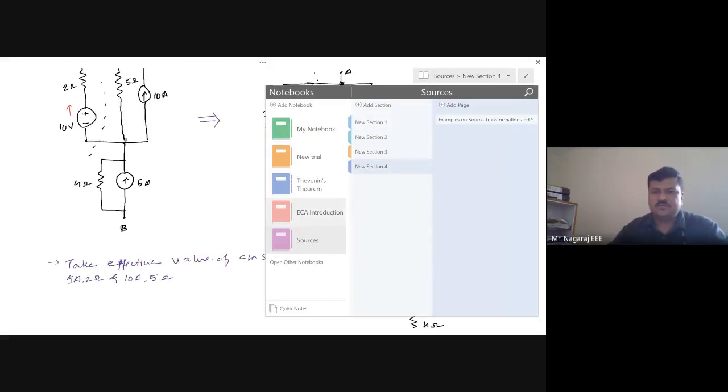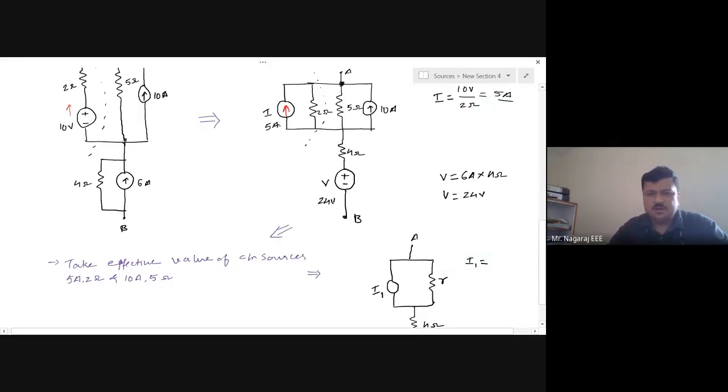So in this section, what we do is, I will observe what is the value of this current source, what is the value of this current source and the direction. And here we see both the current sources are in the same direction. I will take I1 is equals to 5 amps plus 10 amps is 15 amps. So I1 is 15 amps. And what is the direction of I1? Both the currents are upward. So the direction of I1 will also be upward.